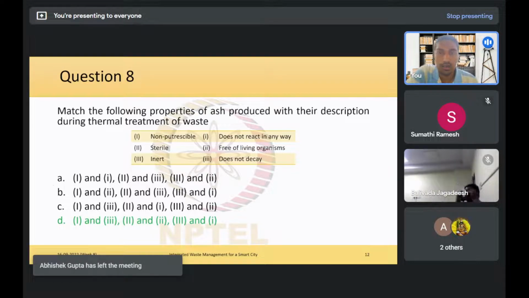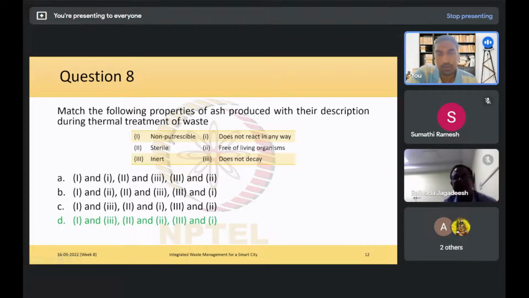So we have non-putrescible. What it means is that it does not decay. Non-putrescible means it is free of organic matter. When there is no organic matter, there is no decay that is going to happen, and there will not be any odor formed. That's what we mean by non-putrescible. It is not going to have organic content, and therefore it's not going to decay. And the second one is